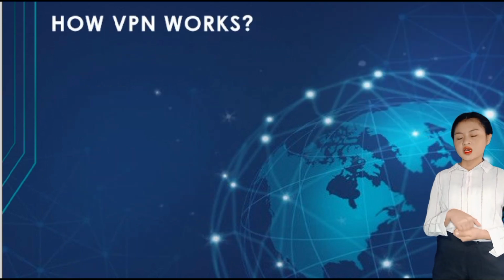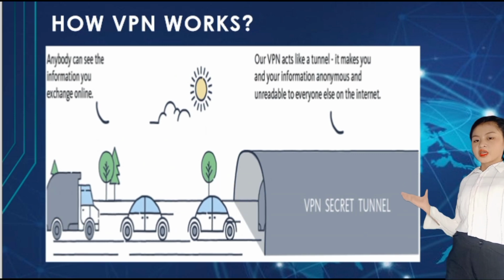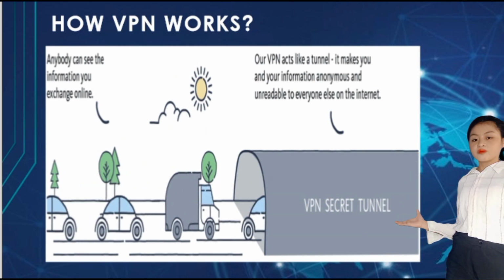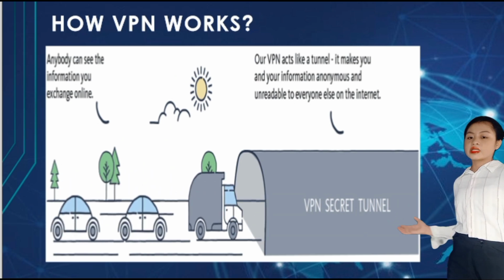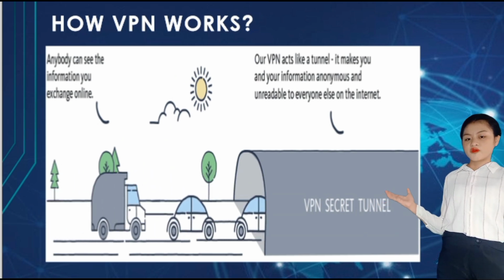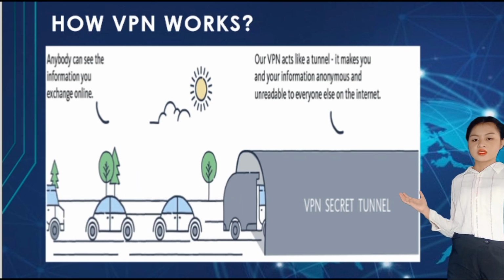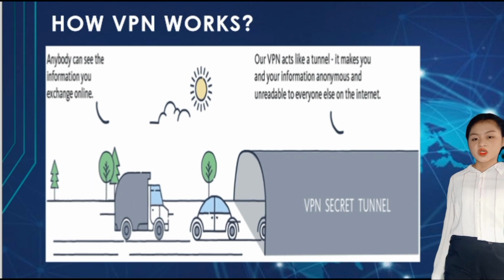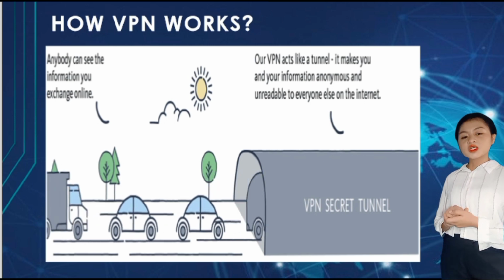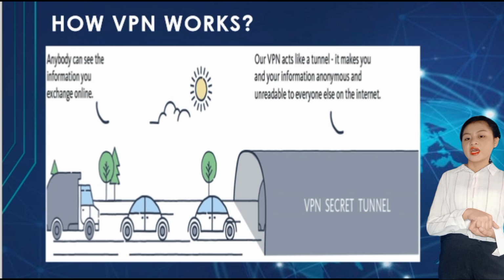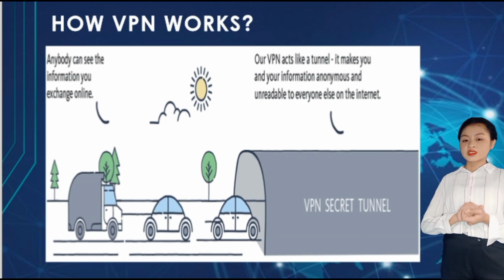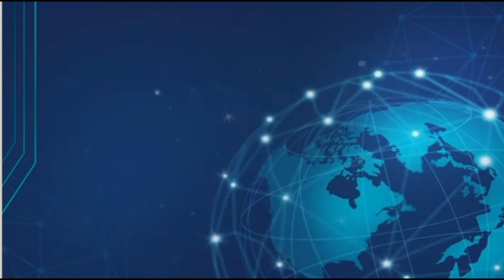Let's talk about how a VPN actually works. As you can see, a VPN creates a virtual data tunnel between your devices and the internet, whereby all traffic is directed through the tunnel via our secure servers located in 29 different countries. This not only secures your communication, but also lets you browse from anywhere in the world as if you are in a different country, enabling you to access geo-restricted content.